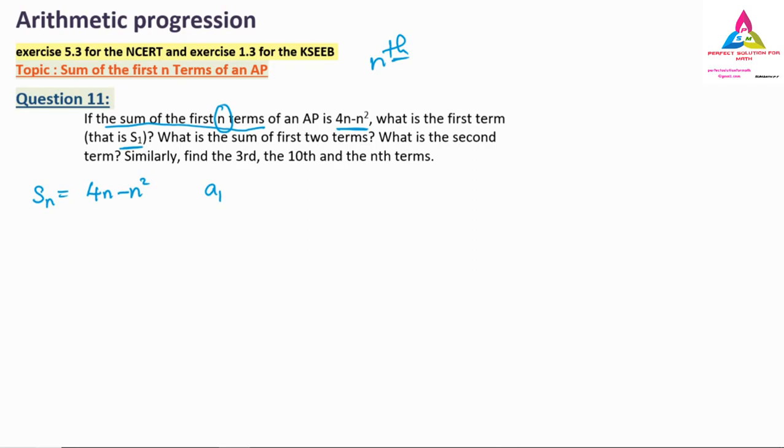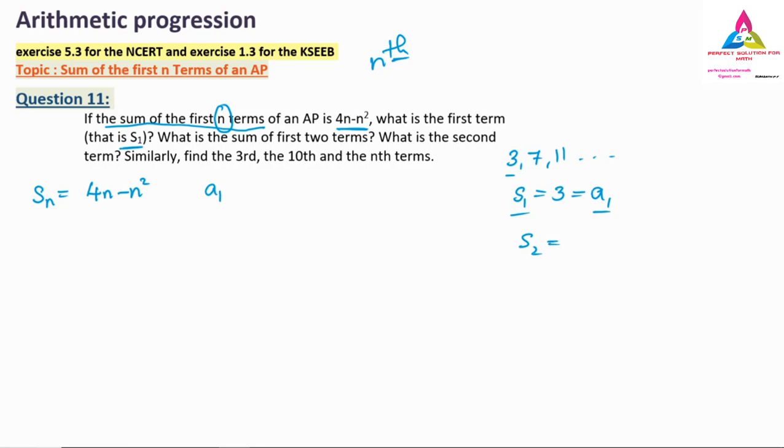Remember in an AP, if I give you one AP, I will write down 3, 7, 11 and so on. Now I want to ask, what is the sum of the first term? The sum of the first term here is the first term only, that is 3 only, because only one term I have to add, and this 3 is nothing but a1 also. Means S1 and a1 will be equal only, but not in case of S2.